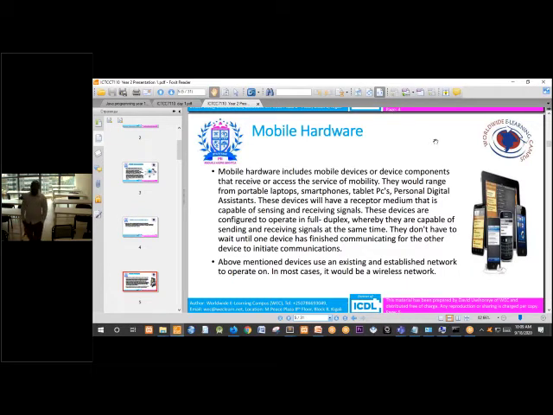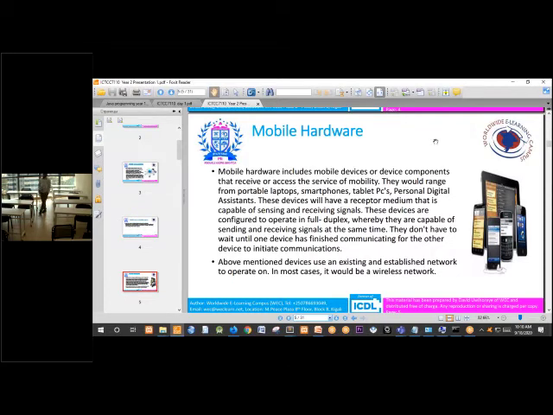Do you remember modes of communication? We have simplex communication, half duplex communication, and full duplex communication. In simplex communication, a sender sends a message, but a receiver cannot reply. An example is radio communication.